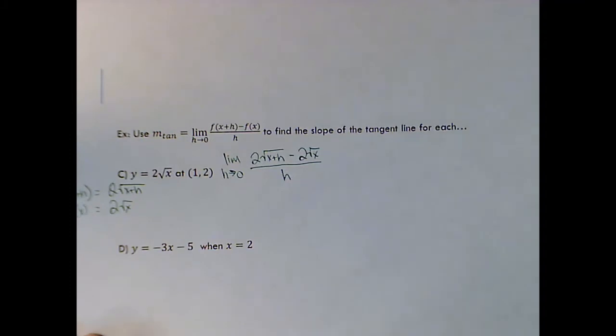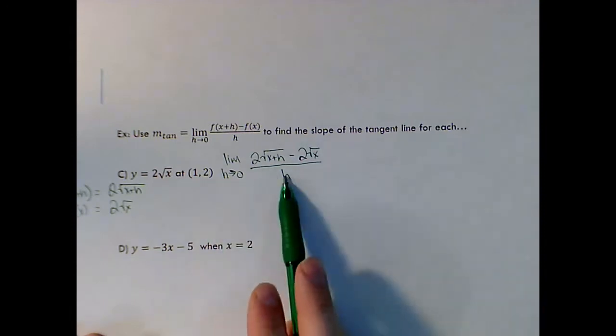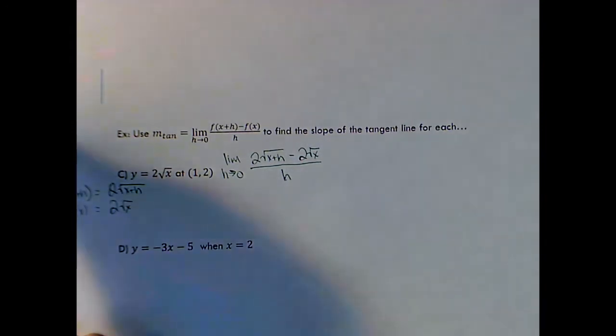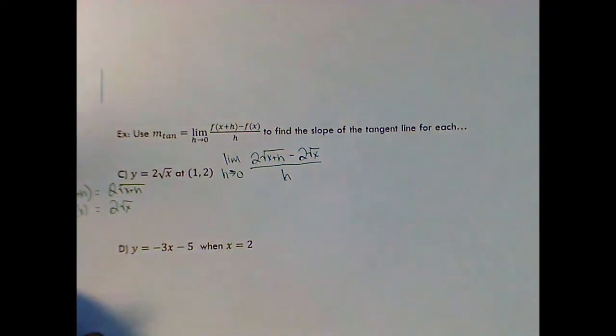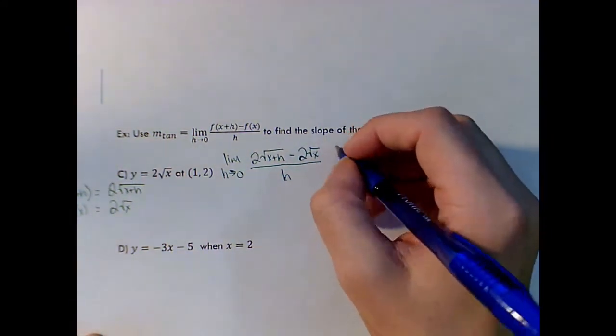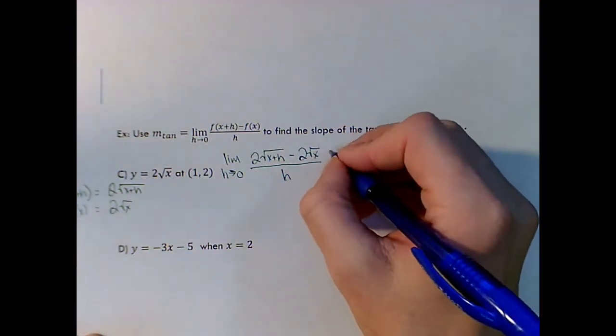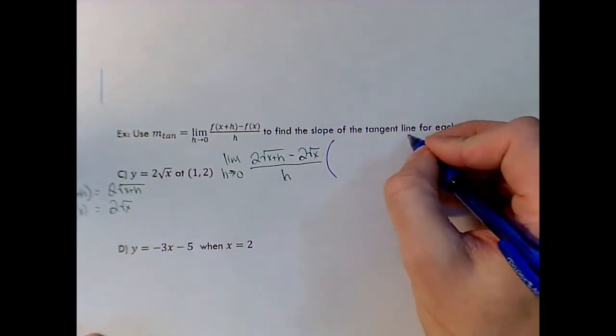I guess the best thing that I should do here is... I can't plug in 0 over 0. Or can I? I can. So I can't plug in 0 because of the h on the bottom. So I guess the best thing I can do, and the only thing really I can do, and I hate doing it, and I try to avoid it just because I hate doing it, is doing what's called